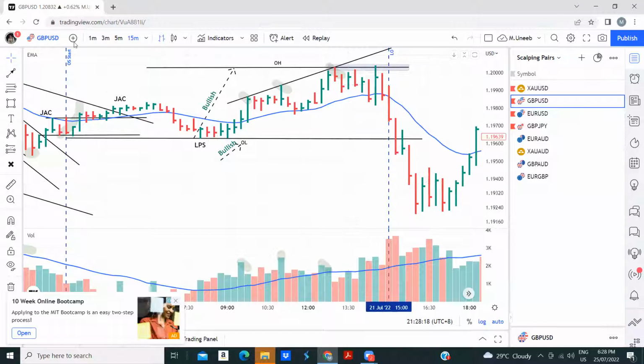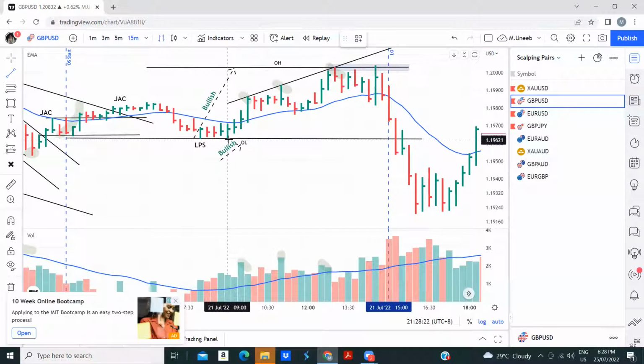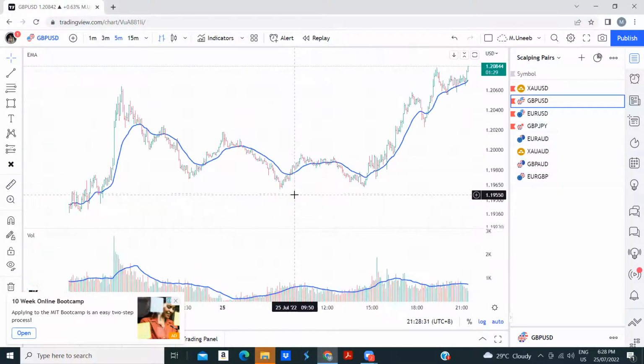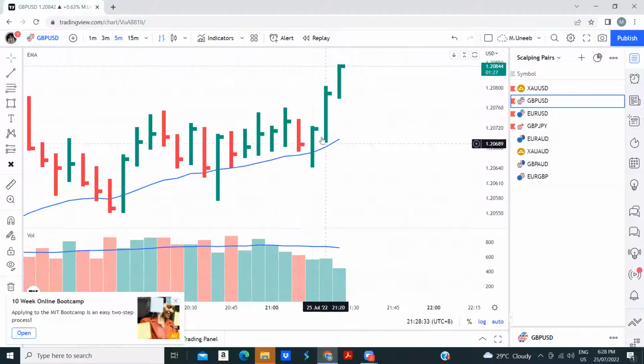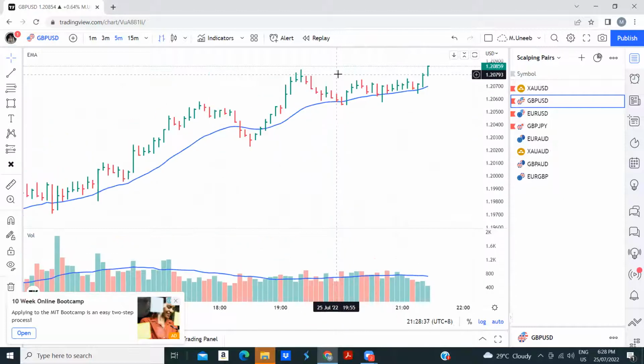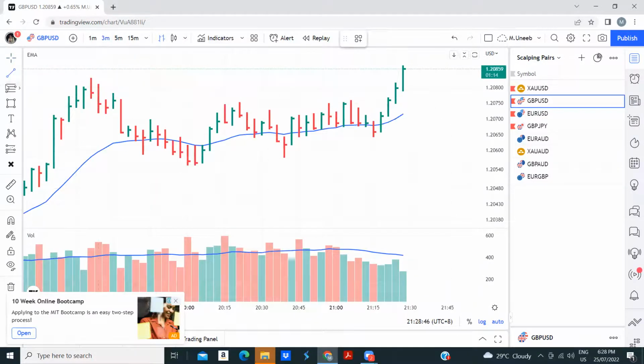Okay. Now I will come to the 15-minute, 5-minute time frame to redefine the structure. So let's see what happens during a 5-minute time frame. We will bring it more near now. You'll see what happens now. What I told you. It goes up or not? This is the exact live trade which I was showing you. Remember? See, it's the same thing which I told you. The price did what? Made a spring and went up. This was my idea.